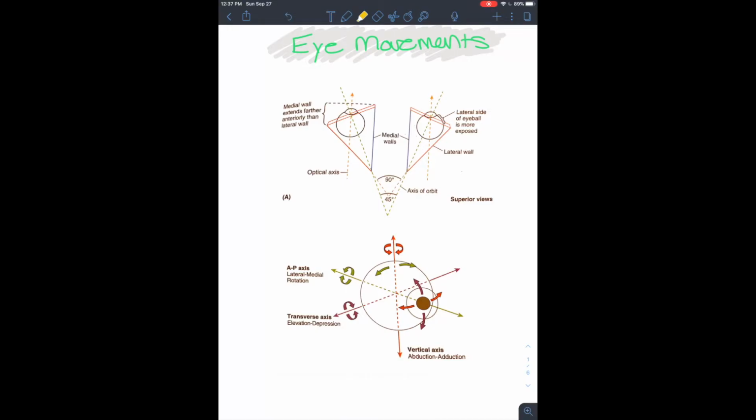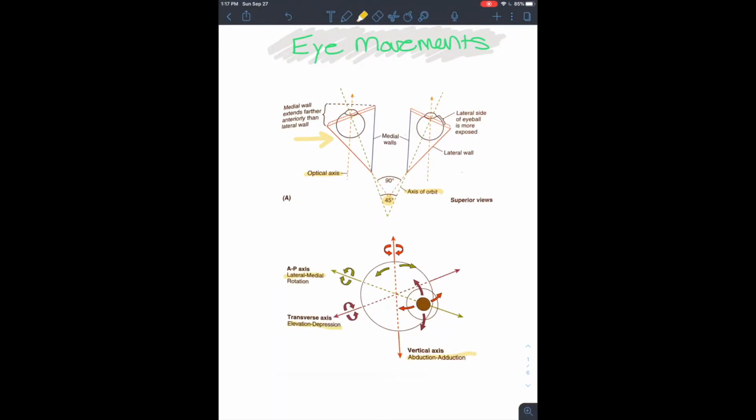In order to understand how the eye moves, let's first look at where it is located in the orbit. As you can see here, it is not in the center of the orbit. This means that the optical axis and the axis of the orbit diverge by about 45 degrees. This divergence is what causes the eye to move in three different directions: lateral and medial rotation, elevation and depression,